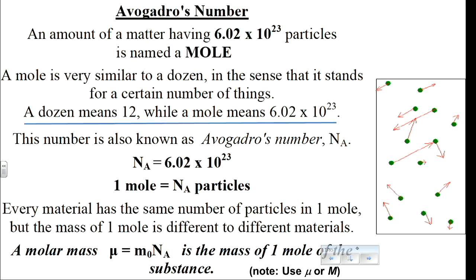And now we can count the amount of matter using kilograms or meters cubed, or now we can use moles. 1 mole is the amount of matter which contains 6 times 10 to the 23rd individual particles. So 2 moles, how many particles does it have? Which is 12 times 10 to the 23rd, that's it.